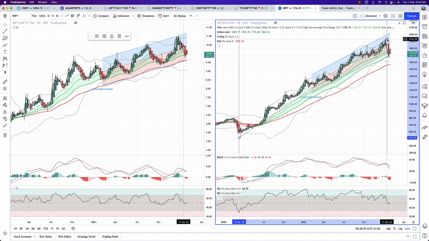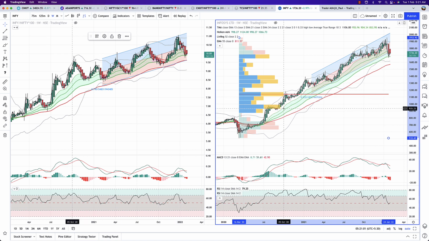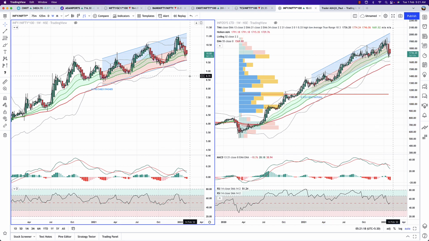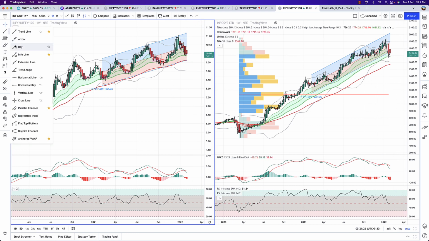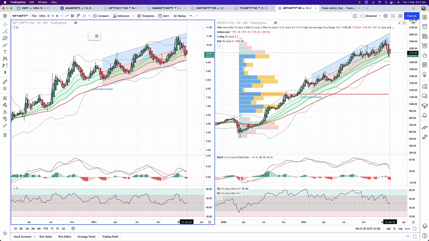Take a close look at how the volume profile played out in the past huge rally that we had. And we can see from this particular volume profile, a bit of volumes, pretty decent volumes at the level of 1660. But post that, I think a possibility of 1400 should not be discounted. So if this correction that we're talking about extends another leg on the downside for the next a quarter or 2 quarters, then we might find stocks relatively cheaper. And these are the levels if we find ourselves there.